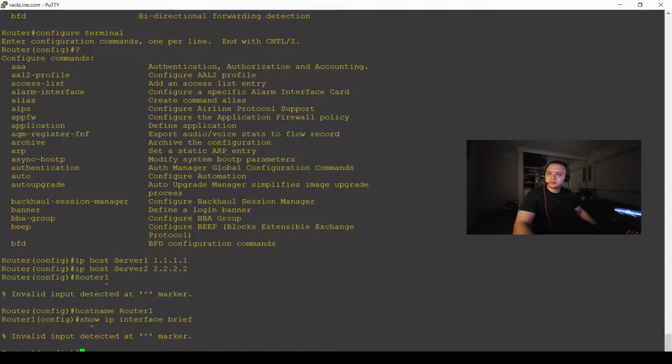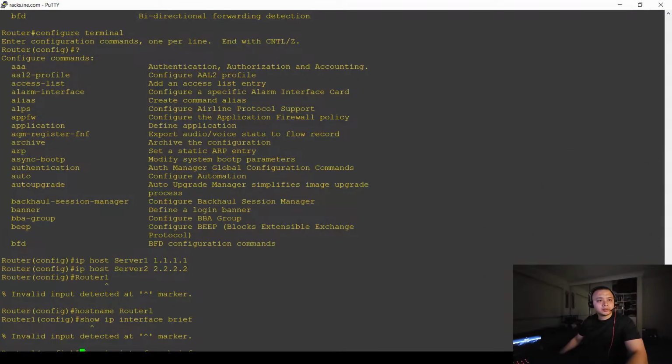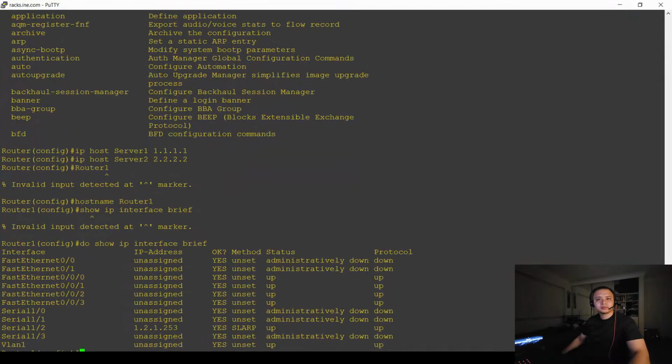Rather than typing the whole thing in, I hit the up arrow to get the command back, then Control A to go back to the start of the line. Then I type in do and a space and hit enter, and you'll see that the show command is going to work now. When you enter do, that will work from any level, unless you're actually in privileged exec mode. At privileged exec mode, you have to do the show command without do. At all the other levels, you put do in front of the show, and then it's going to work. So far we've seen the